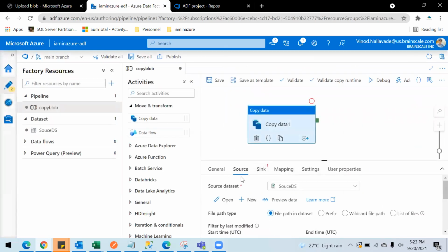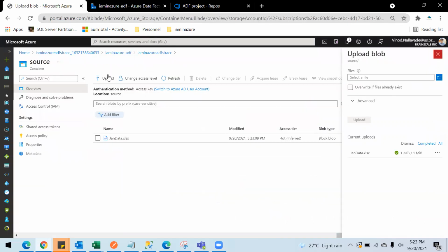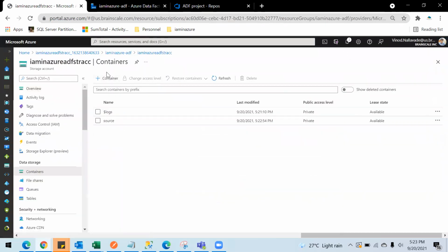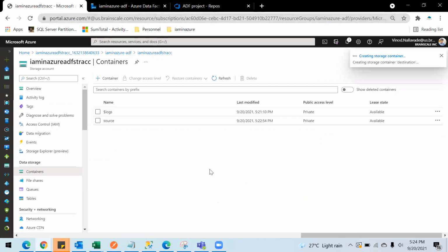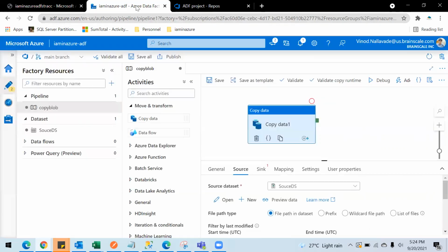So I have a source here, so I need a destination as well. So let's create a destination container as well. Okay, so this container will be created here, and I'm going to use it in the sink part of the copy activity. So I have it ready.